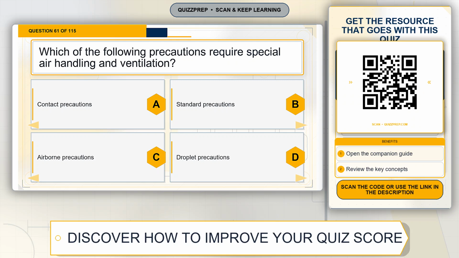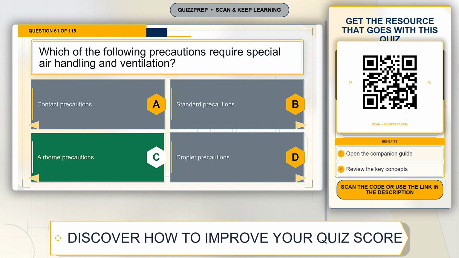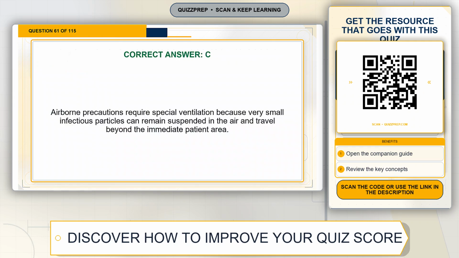Question 61. Which of the following precautions require special air handling and ventilation? Option A, contact precautions. Option B, standard precautions. Option C, airborne precautions. Option D, droplet precautions. The correct answer is option C, airborne precautions. Explanation: airborne precautions require special ventilation because very small infectious particles can remain suspended in the air and travel beyond